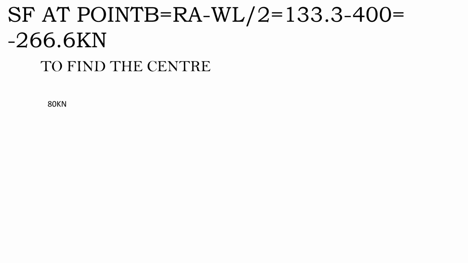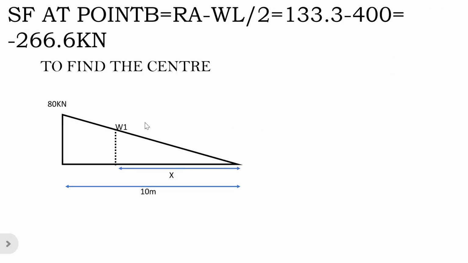and for finding or even the center of this. Okay, so let's first find the shear force at point B, which will be equal to the RA minus weight times length over 2, which is that area we have seen at the start of this video. So we get 133.3 kilonewton minus 400 kilonewton, where we get negative 266.6 kilonewton. For finding the center of that equation, where we say this is the triangle,